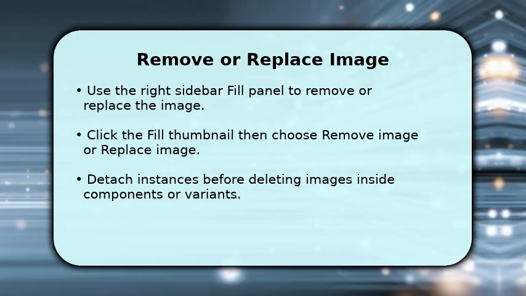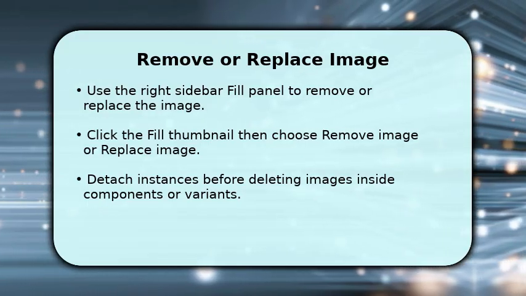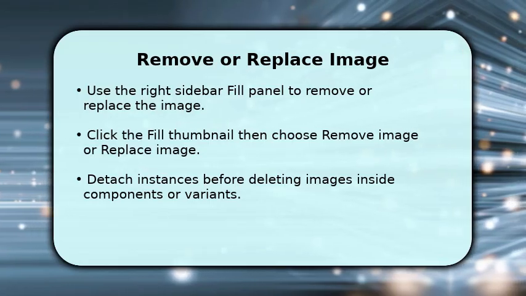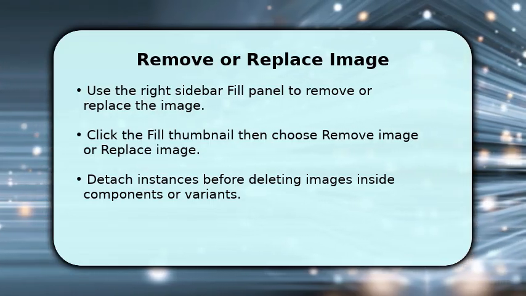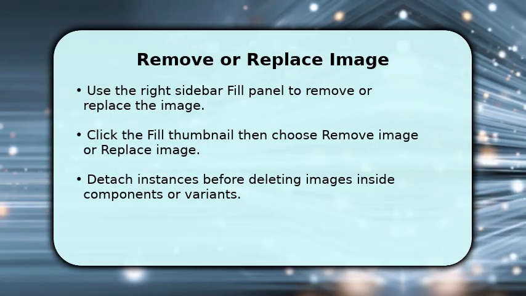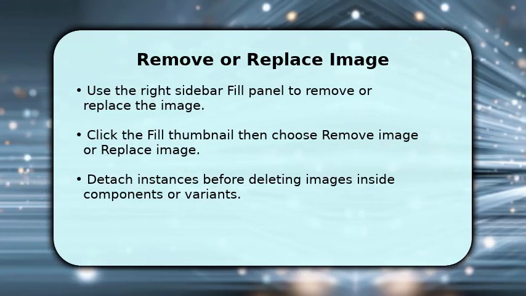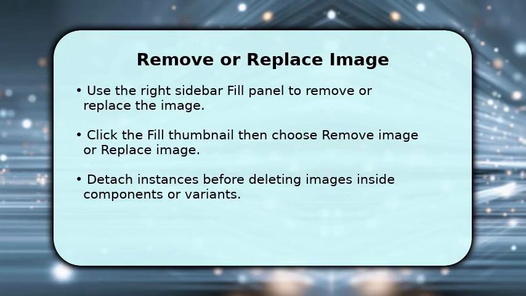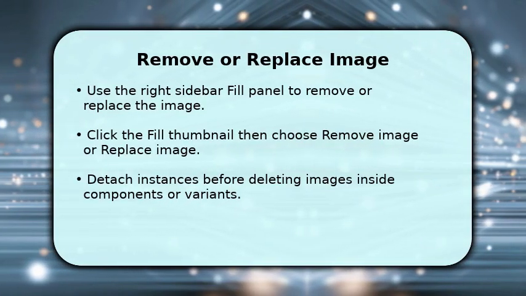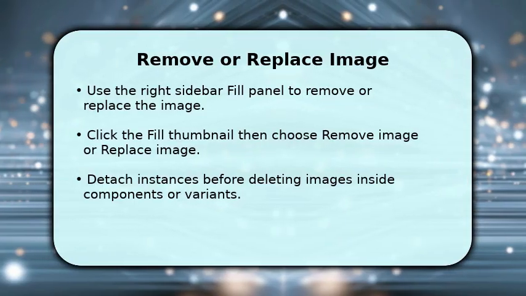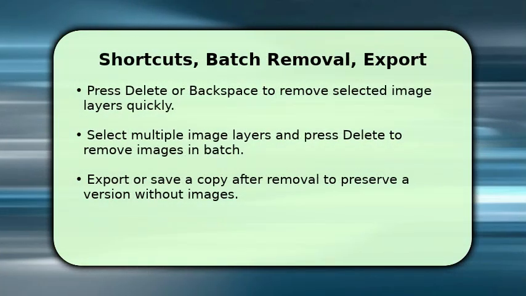To swap files, choose Replace Image and pick a new file from your computer. If the image sits inside a component instance, right-click and choose Detach Instance first. After detaching, you can delete the image without altering the main component. Confirm changes visually to ensure empty frames look intentional, and press Delete or Backspace to remove any selected image layer